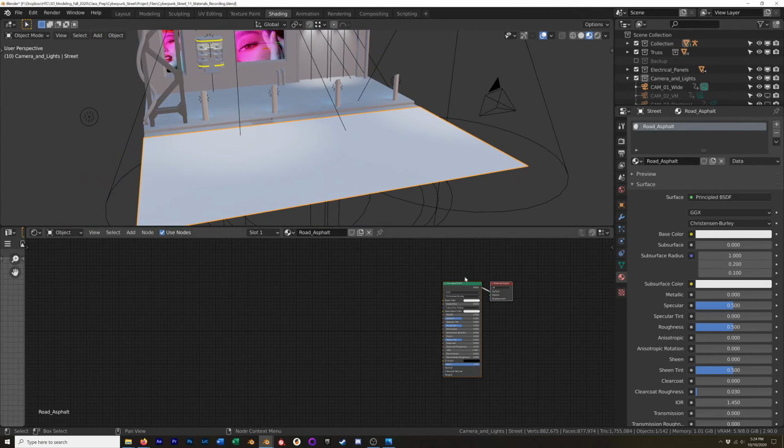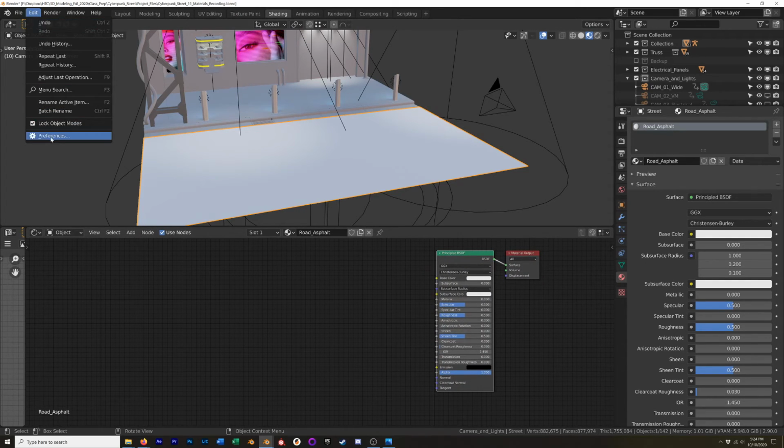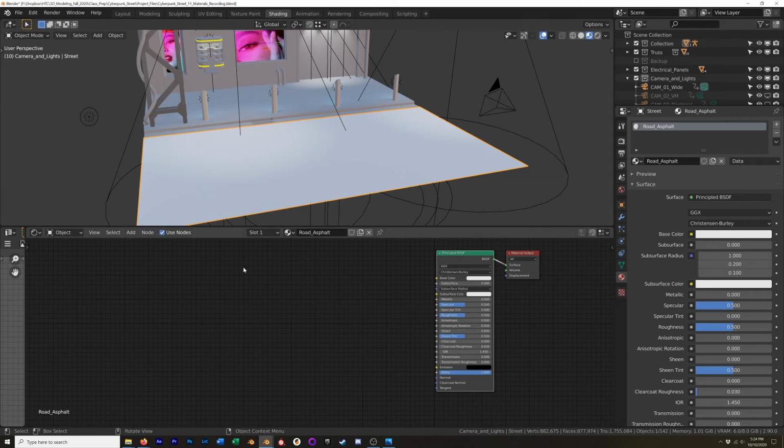Now we can click and drag them all in, but with Node Wrangler enabled, and once again, just as a reminder, if you're jumping into this out of order, go to your add-ons, type in Node, and make sure you have the Node Wrangler add-on enabled. It is bundled with Blender by default, and check autosave preferences so that it stays on. Okay. So with that enabled, what we can do is select our Principled BSDF node, hit Control-Shift-T,